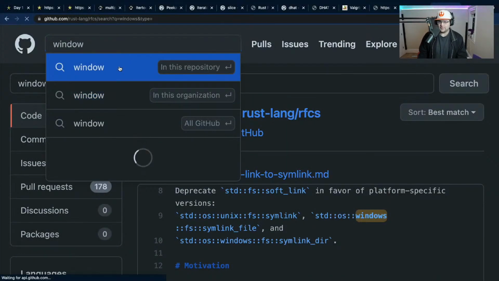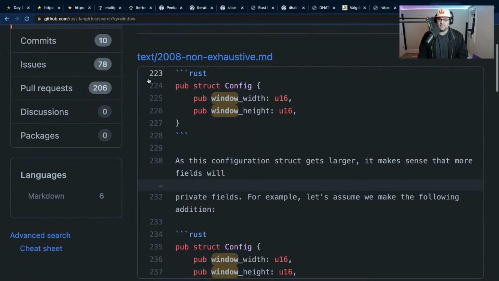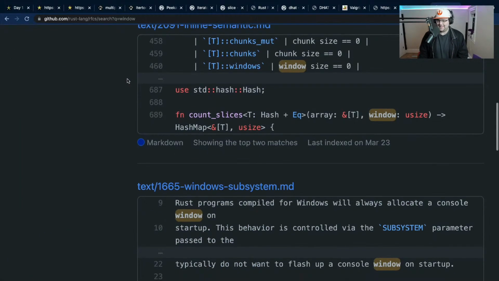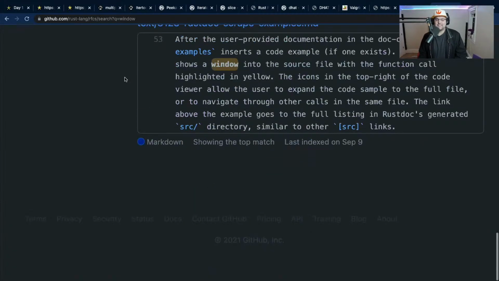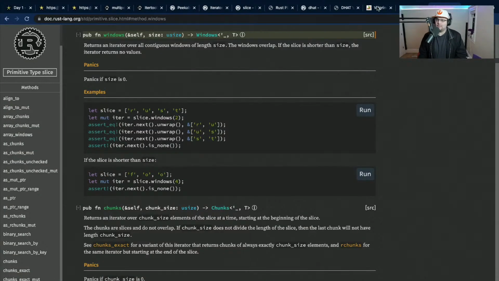This is going to be impossible to search for, actually, now that I think about it. I am not going to do this. We're going to back out of this. This is just going to be a whole bunch of resources about Rust on Windows.